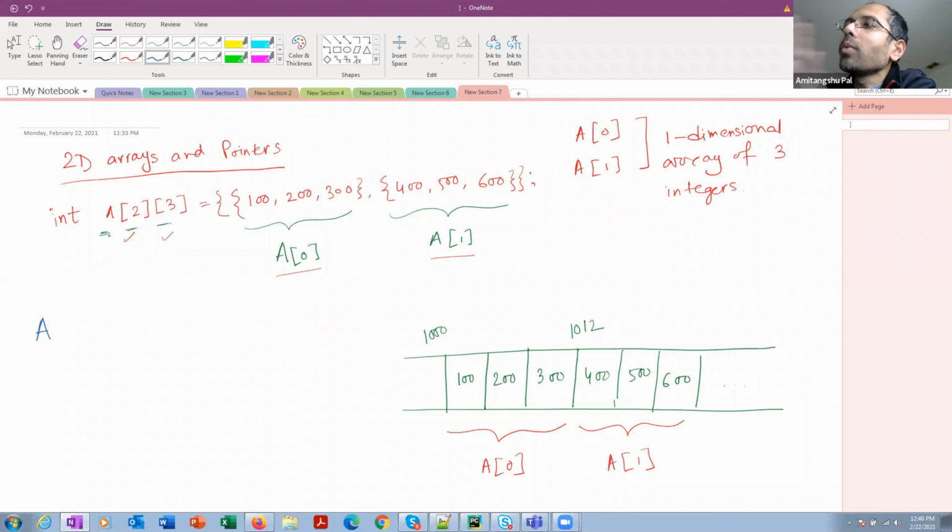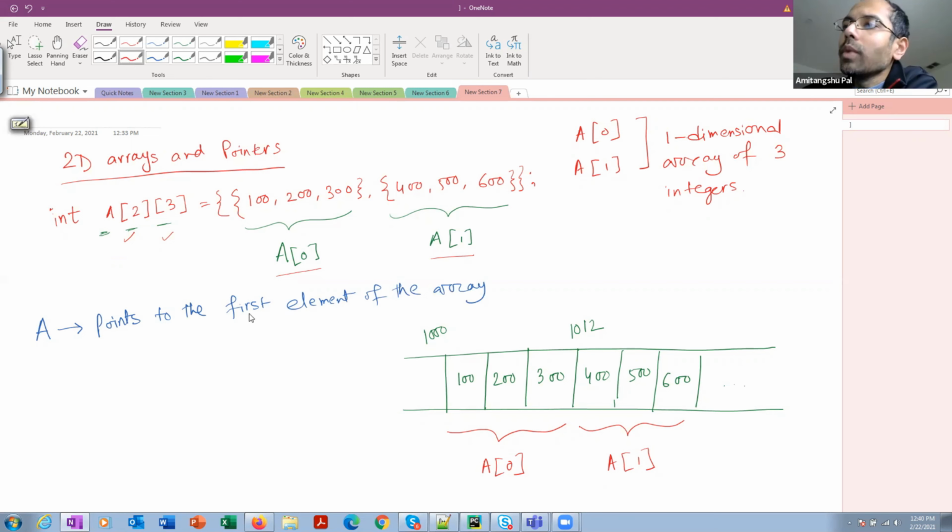This is true for one-dimensional arrays also.